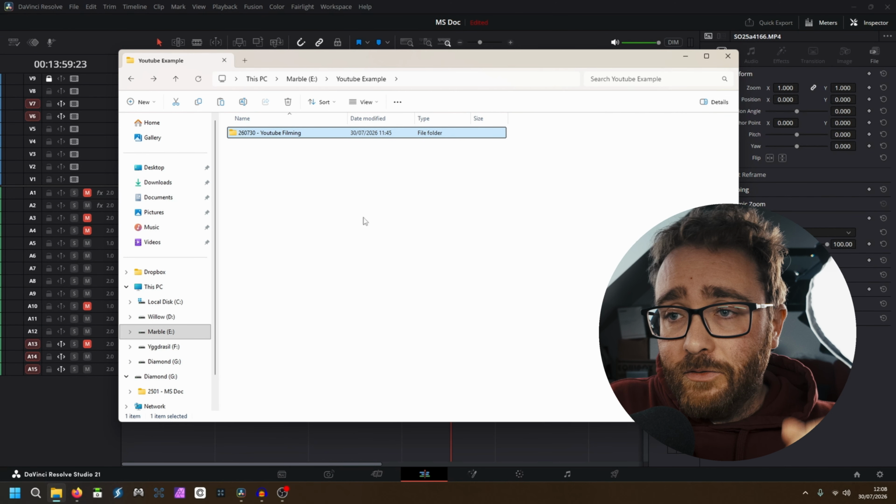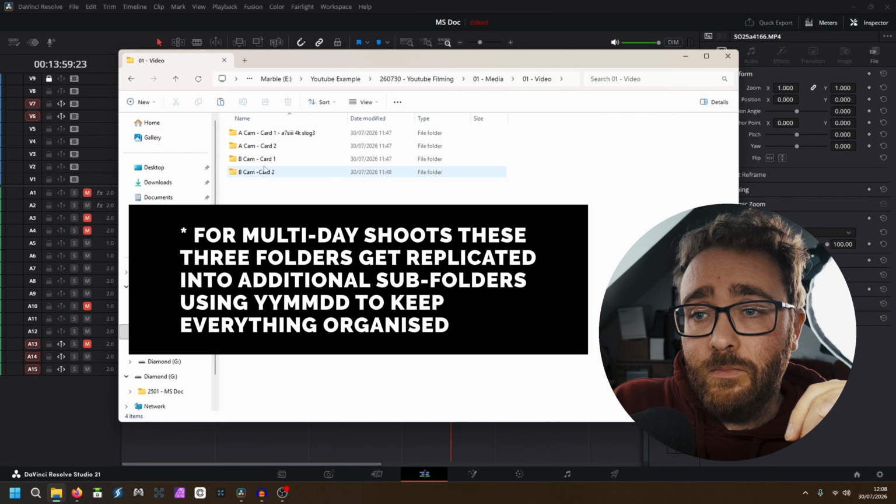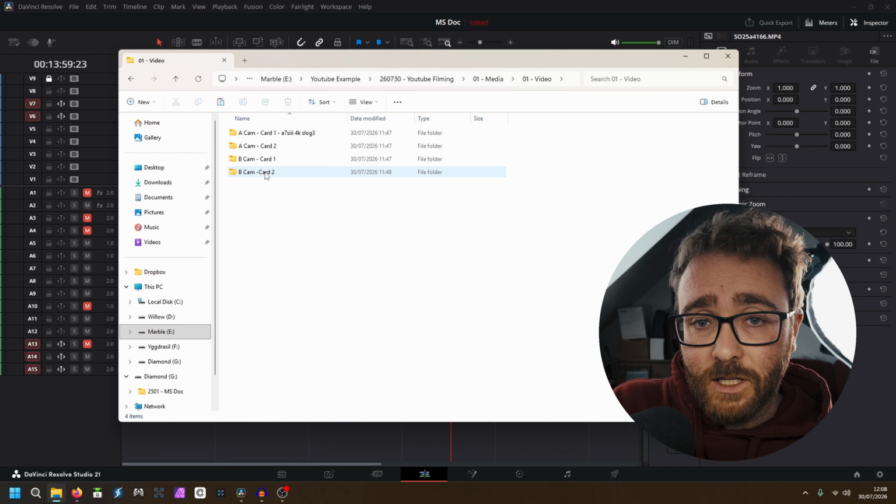Once we go in here, you can see there's media, music, sound effects, projects, renders, and notes. So once we go into media, we've got video, audio, and assets. I've already sort of filled these out. I've cheated a wee bit and started to fill these out. So in here, there's ACAM card 1, ACAM card 2, BCAM card 1, BCAM card 2, etc., for however many